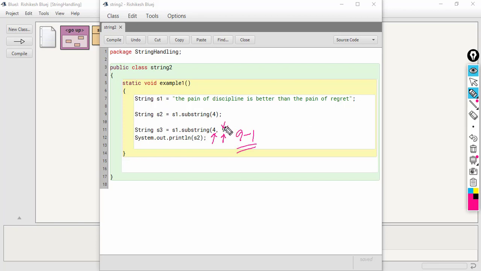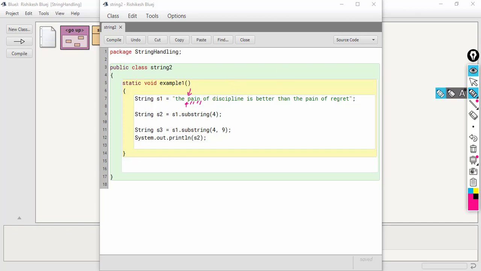Whatever number is present here in the second parameter, that number minus 1 is the last index of our substring. So again the count will start from index 4 and go up till index 8. So 5, 6, 7, 8. 8 is a space. So the word will be pain and space.